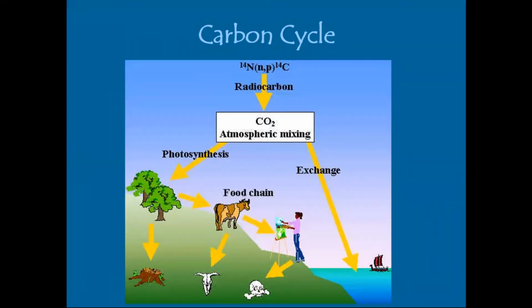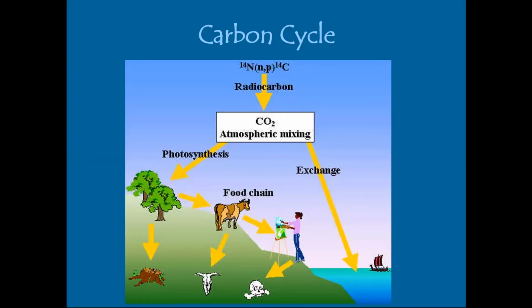Those neutrons react with the most common isotope of nitrogen, nitrogen-14, and that combination results in carbon-14. Carbon-14 then quickly oxidizes to carbon dioxide, CO2, and mixes quickly, in a matter of a couple of months, in